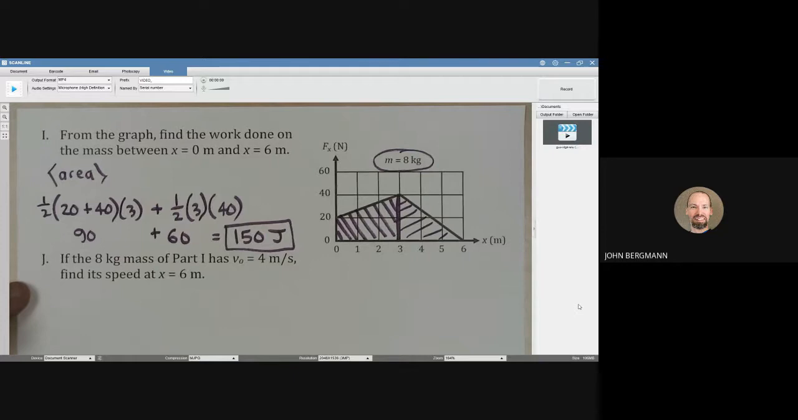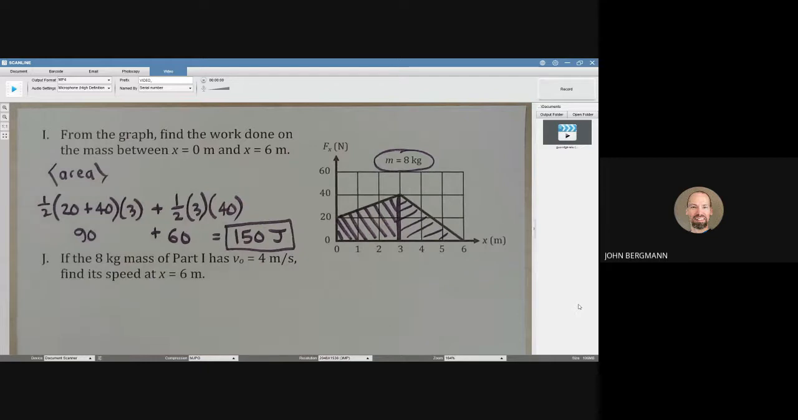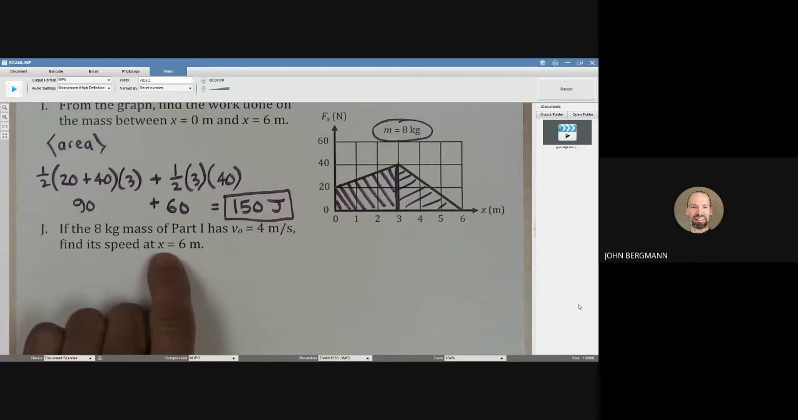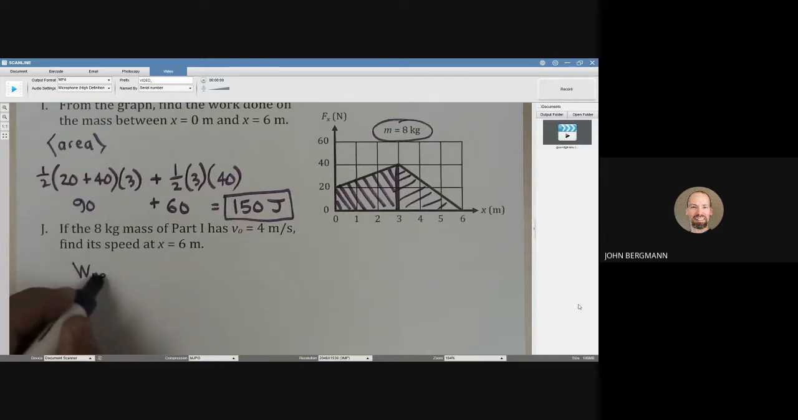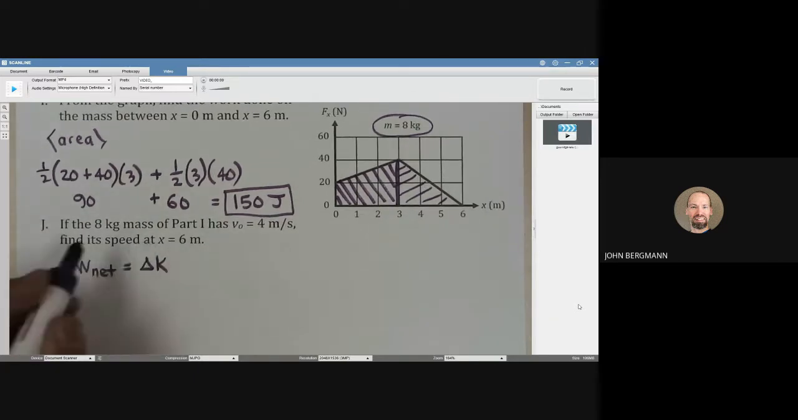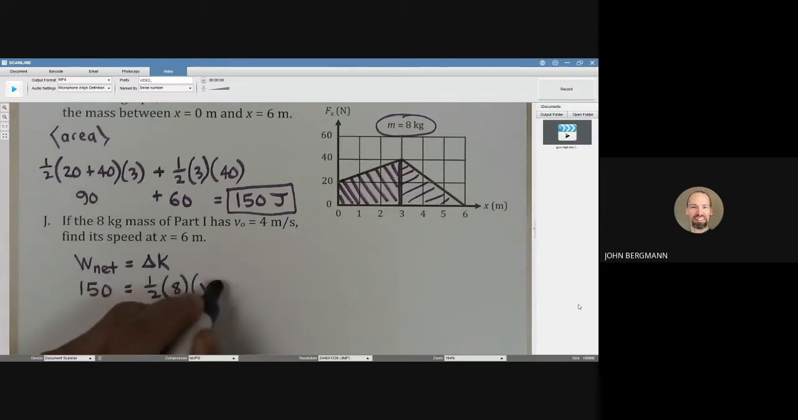That mass of part 1 has an initial speed of 4 meters per second. So initially, that's how fast it's going. How fast is it going when it is at the location x equals 6 meters? Well, the fundamental idea of physics that we want to invoke here is that the net work done is equal to the change in kinetic energy. We decided that the net work done was 150. We just found that out. And the change in kinetic energy is 1/2 times the mass times the quantity V final squared minus V initial squared,